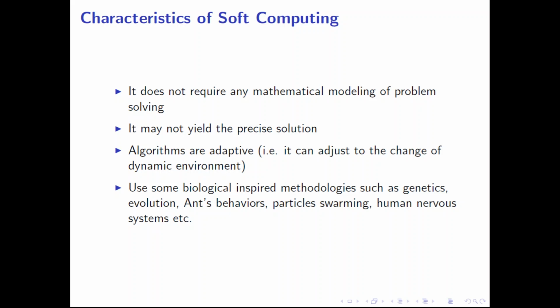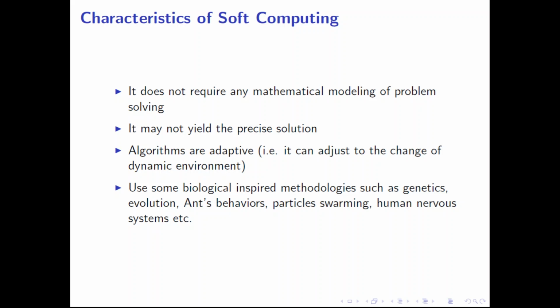So they are basically inspired from genetic evolution, like ants' behavior, particle swarming, the human nervous system. Okay, some of the algorithms which we use for soft computing are called particle swarm optimization algorithm, artificial neural networks. All these are some of the algorithms which come under soft computing. So basically, soft computing is applied to those classes of problems for which there are no precise solutions,